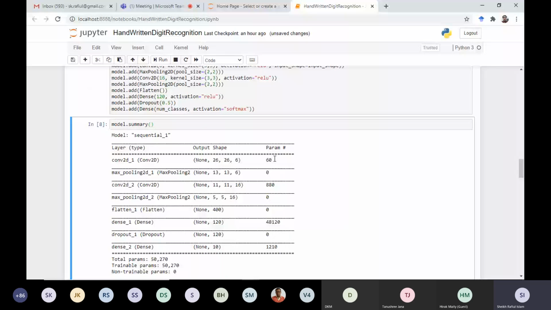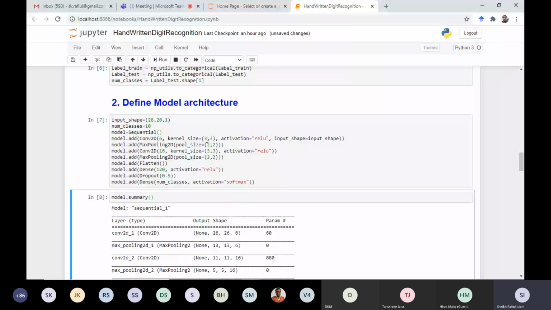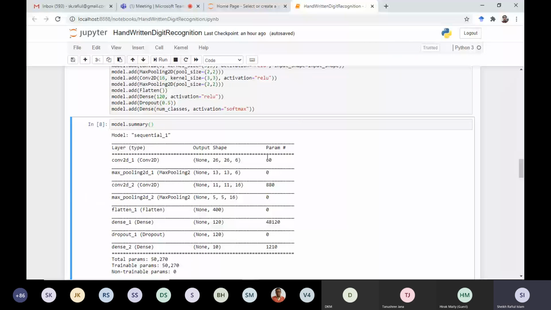And as somebody asked me, instead of 5 cross 5, why have you used 3 cross 3? Only to reduce the number of learnable parameters here. If learnable parameters are more and more, it means during backpropagation, during training, more and more parameters need to be updated.